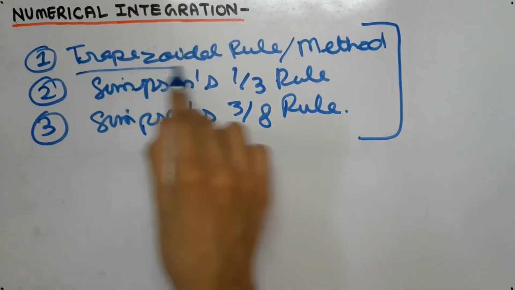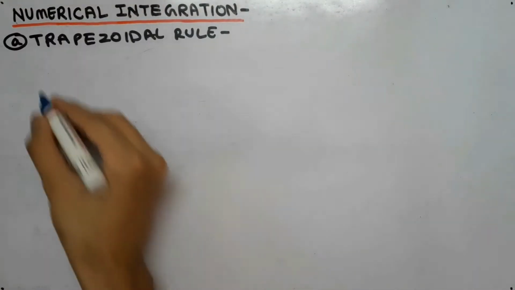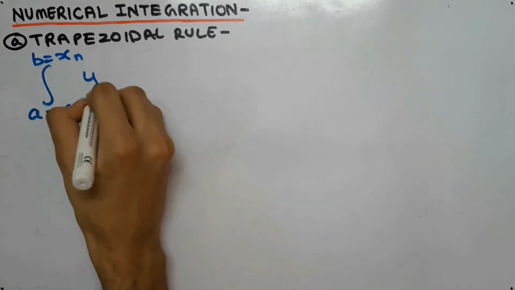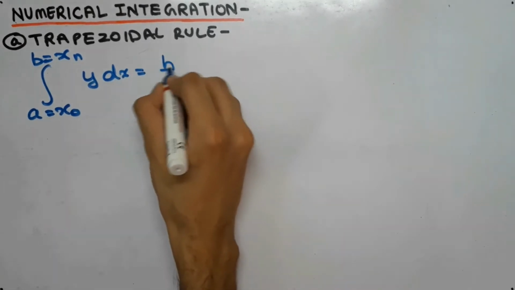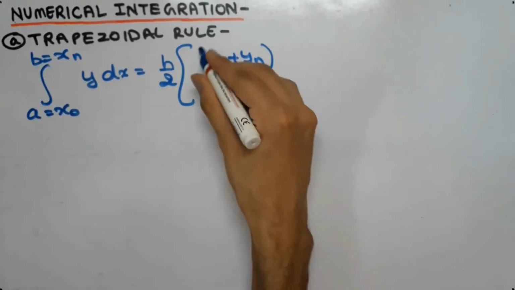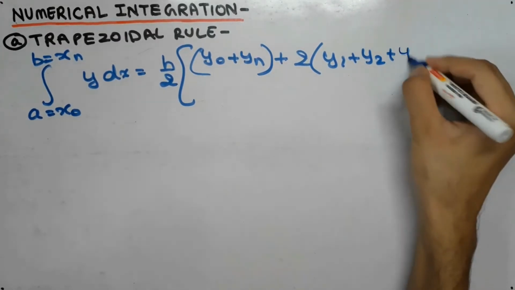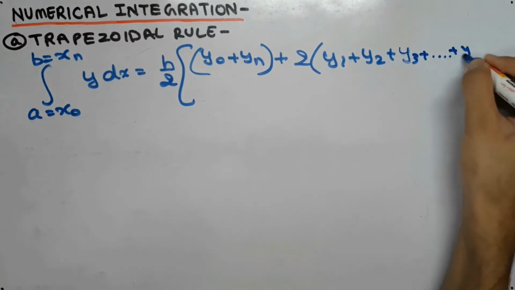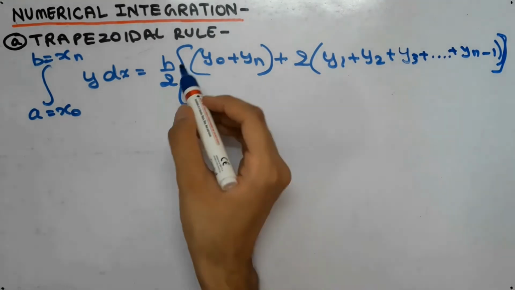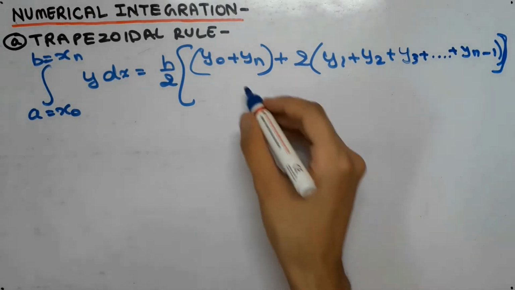So first we are going to look at the trapezoidal method. Now in the trapezoidal rule, we have the formula as, that is, integral from a equal to x naught to b equal to xn of y dx is equal to h by 2 into y naught plus yn plus 2 into y1 plus y2 plus y3 until yn minus 1. So guys, you must be wondering what the values of h, y, xn, x naught and y1, y2 and y3 are. Do not worry, you will soon get to know what these are as we will be doing a